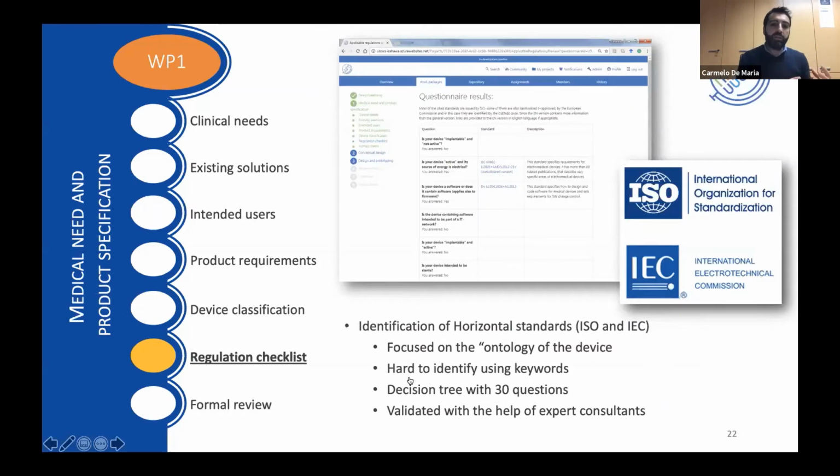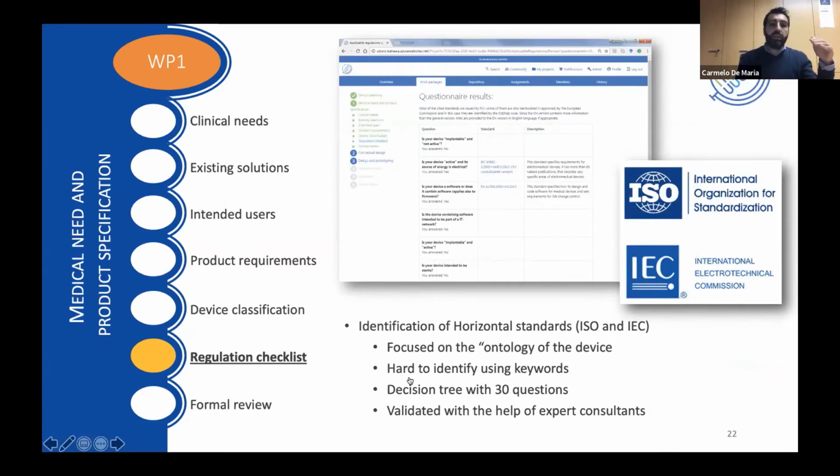And the same is for regulation. A series of yes or no questions allows you to identify it for free on the platform. And just in brackets, at this stage the project that you are developing is not visible to other people. You can decide at the end if you want to share it, but in general we are providing a tool. So you can go there, apply for your project, do your regulation checklist and identify the horizontal standards